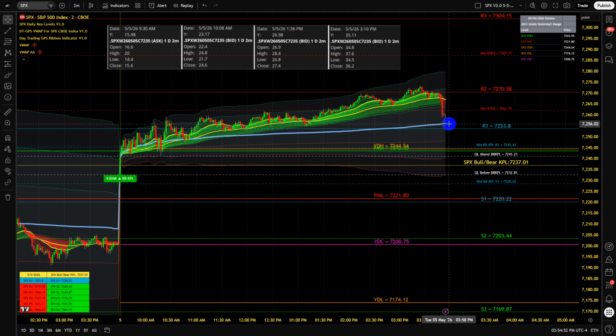However, you also have to keep in mind that, as we said, on about 80% of the sessions, a 2-level move extension above or extension below the bull bear key price level is what you're going to see in 80% of the sessions. So with that in mind, when it does hit a 2-level move, even if you do have runners and did adjust your stop loss at the 1.5 level move in your favor, then at that point you want to seriously consider exiting all of the remaining contracts, or if you're not, then you would probably want to add even more of a profit buffer